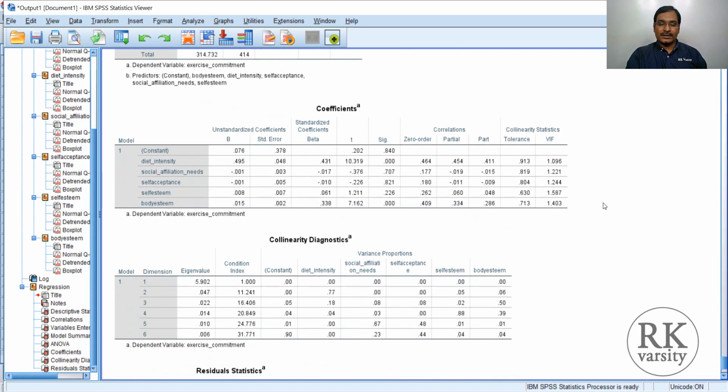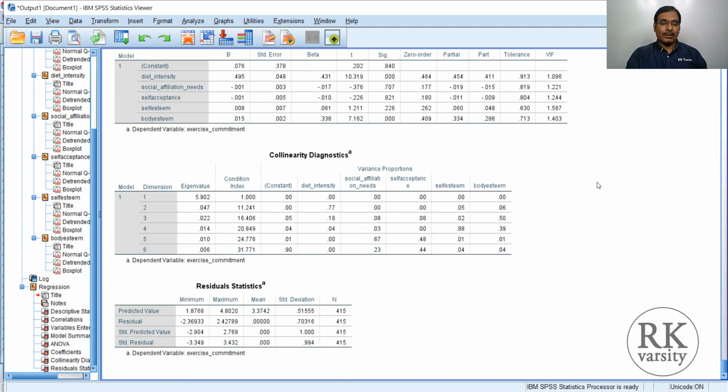Now coefficients, based on the coefficients we look at the multicollinearity. We check with the tolerance. If the tolerance is greater than 0.1, then we can say that there is no multicollinearity. So here all values are greater than 0.1. So there is no problem of multicollinearity here. Even with the VIF statistic, it would be very high, around 10, if multicollinearity were present. So here VIF values are 1 only. That means according to VIF also, that is variance inflation factor, there is no multicollinearity. And here you have collinearity diagnostics and residual statistics.